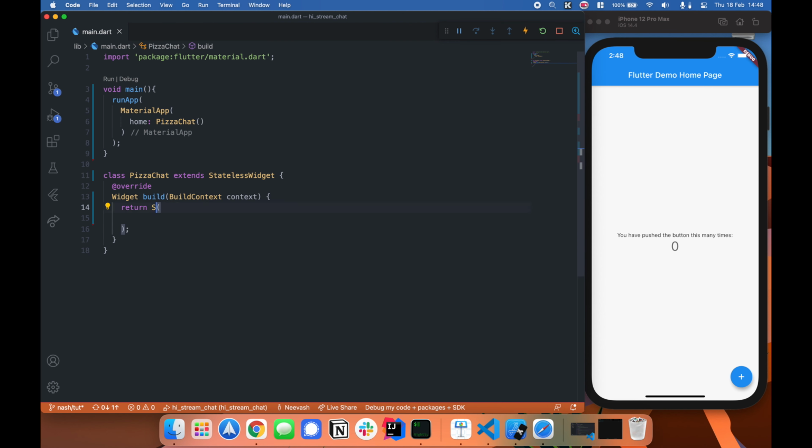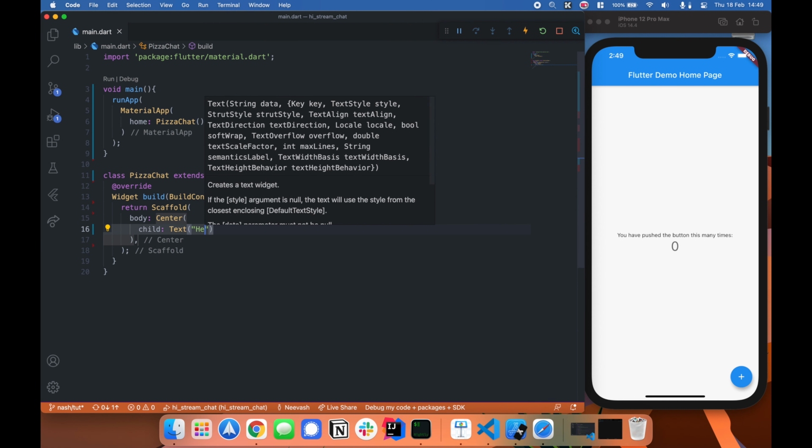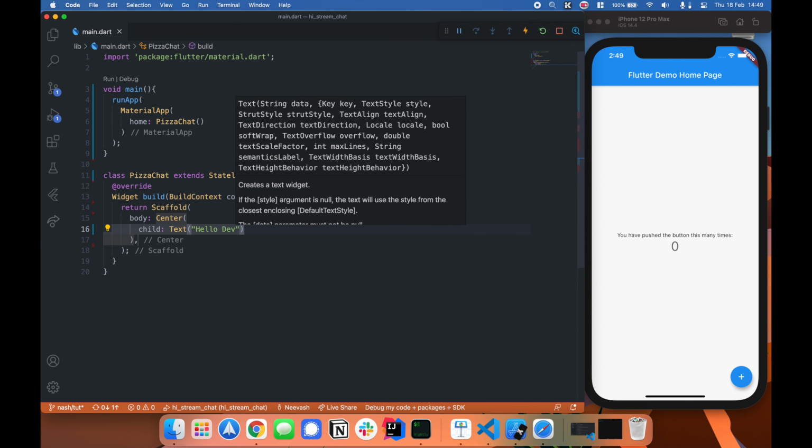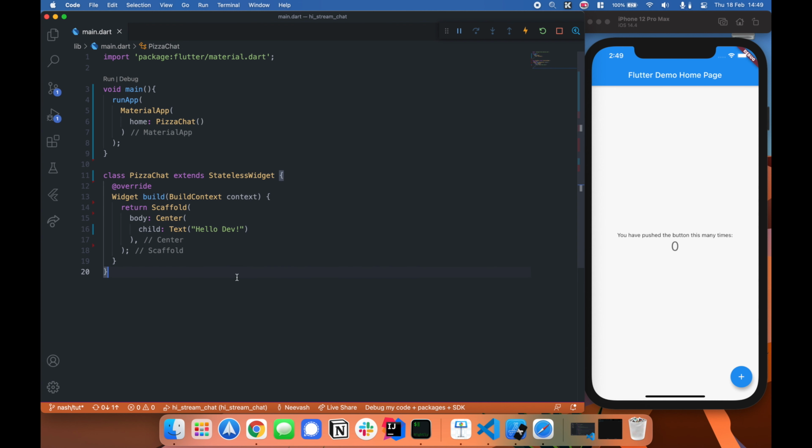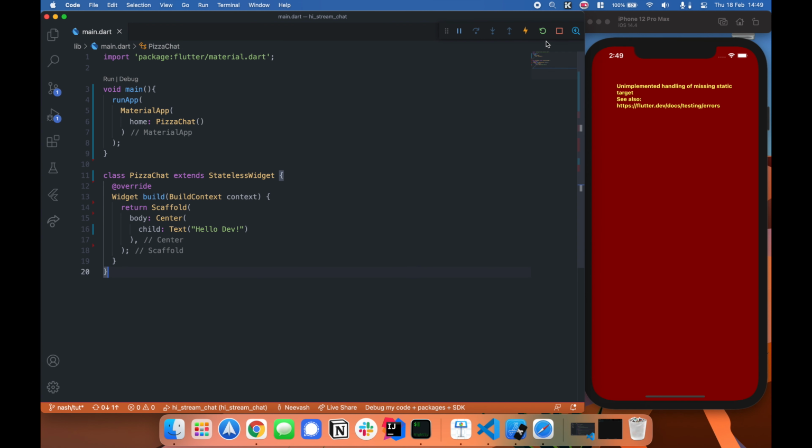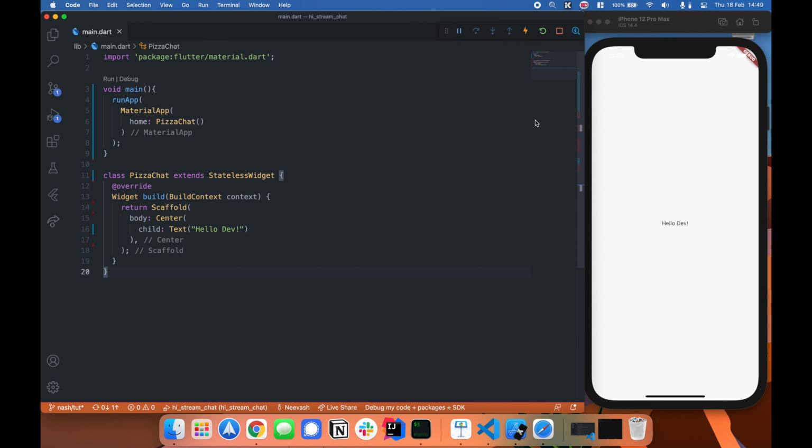Change our container to a Scaffold. And let's just give it a quick hello world body. So here we'll just center some text. Then give it a child, add a Text, and let's just say hello devs. And make that an exclamation mark. Awesome. Let's hit reload. Need to do a hard restart since we changed our state, and we see our hello